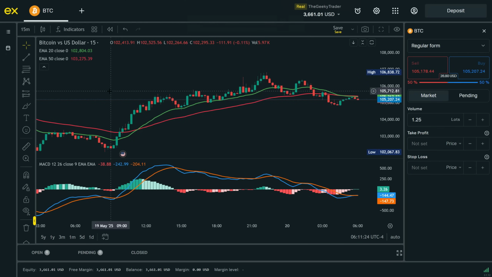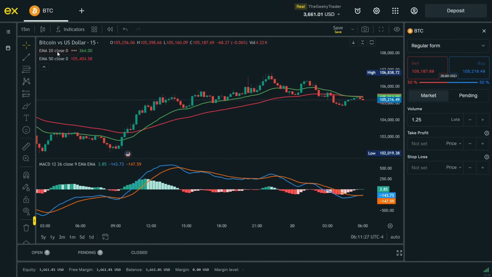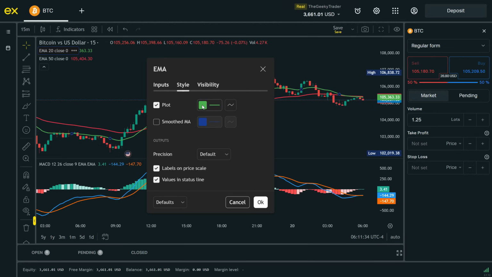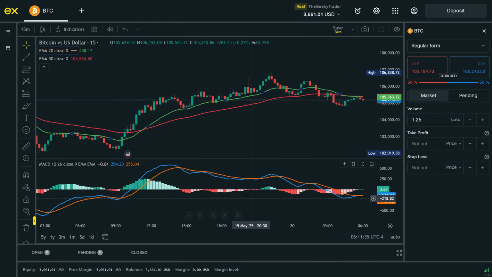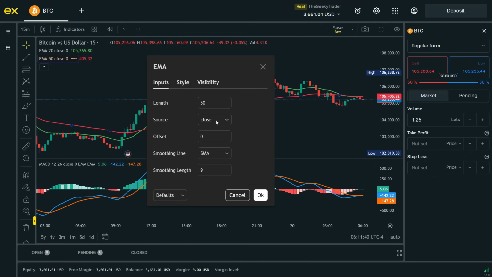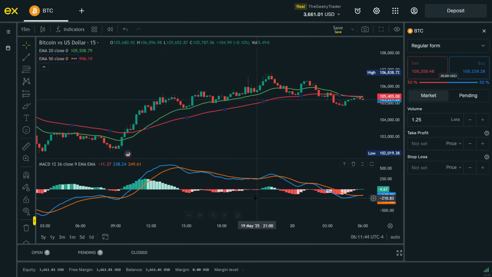All right, friends, let's start by setting up our chart with the indicators we'll be using for this strategy. First, I've added the 20 EMA exponential moving average on the closing price, and I've set its color to green, so it's easy to spot on the chart. This shorter EMA helps us catch quicker market movements and short-term trends. Next, I've added the 50 EMA, also on the closing price, and colored it red. This one gives us a broader view of the trend and acts as a dynamic support or resistance line depending